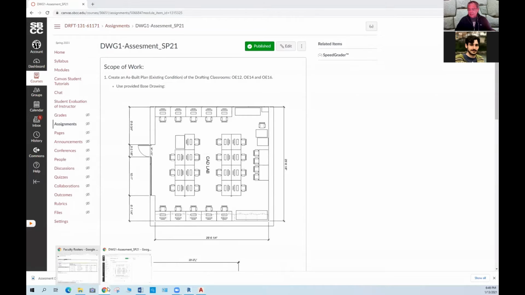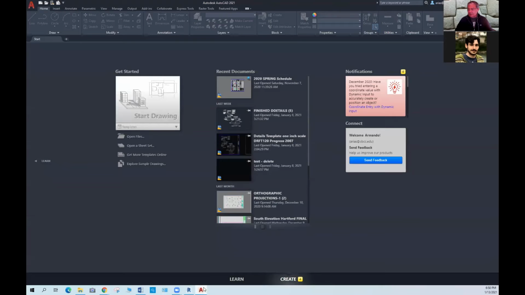So the best thing actually to do when we are facing a problem like this is to try to reuse a drawing where we already have some of these things set up. And that is what we call the use of a template. So which one of your drawings that you've done previously could you use as a template? Well, one comes to mind. This is an architectural drawing. And so in drafting 130, the previous